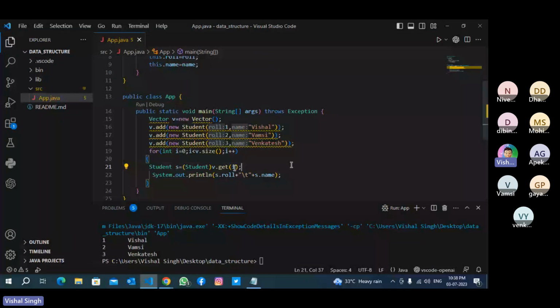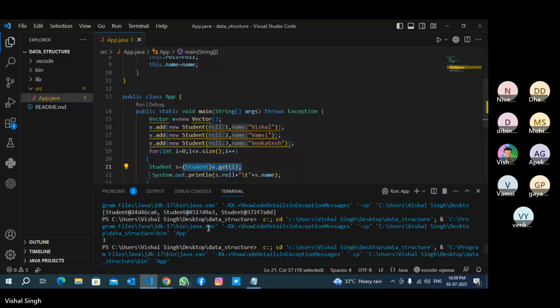So it will get the 0th element, 0th index, and we are converting this into student. This is the typecasting, like what kind of data you are supposed to convert this to. So student, and here this is S. This is the reference which will be referring to this particular object at a specific memory address like this. This is the first memory address. Okay. Second time, i plus plus 1, this reference will be referring to this object. And again 2, this S will be referring to this object, and we will be printing S.role, S.name.